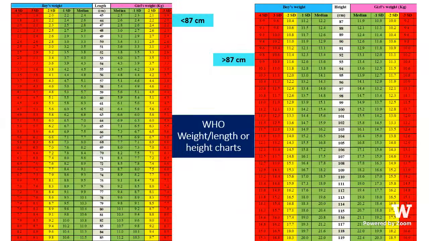These are the WHO charts for height and weight. So you have to see correspondingly what is the height and what is the weight of the child. And these are the standard deviations. You see -1 standard deviation, -2 standard deviation. So where your child is falling. Are you understanding here? Is it clear till here?